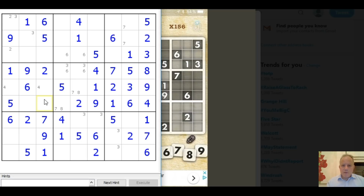The only 3 in this column now has to be here. Okay, because the 3 in those 2 boxes makes it in column 1 or 2, just as it is down here. 7 there. 6, 2, 5,